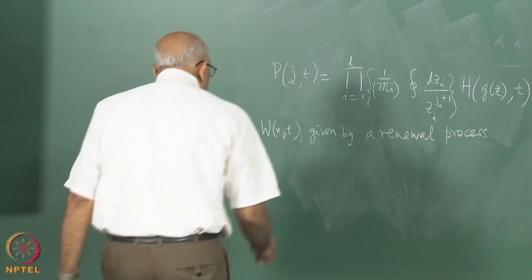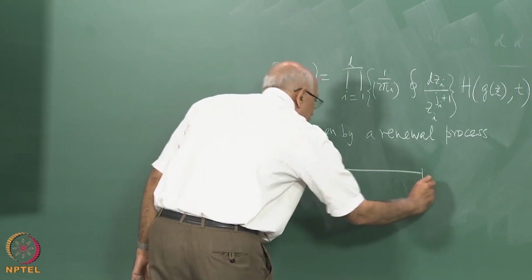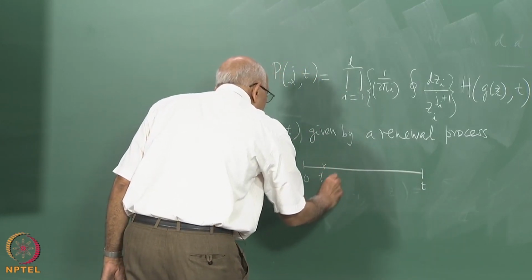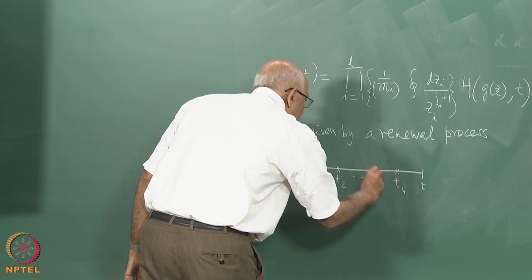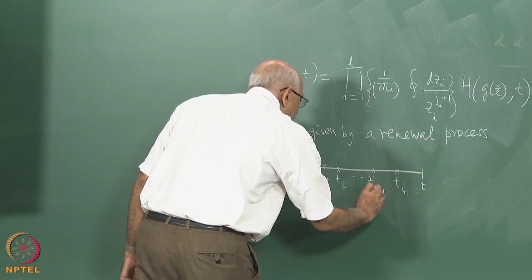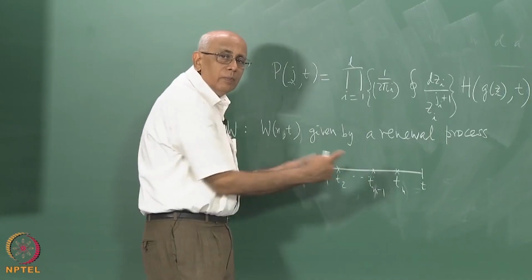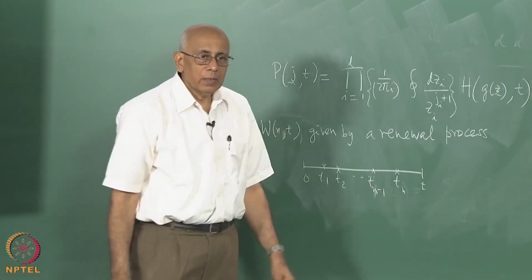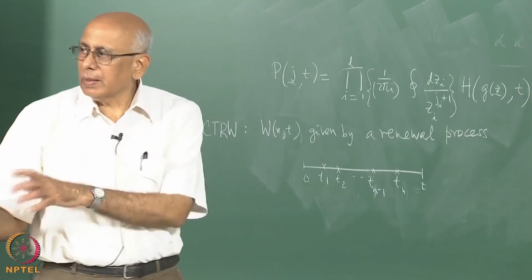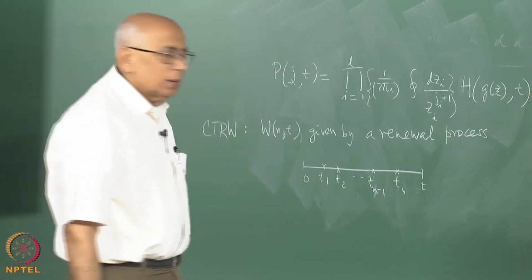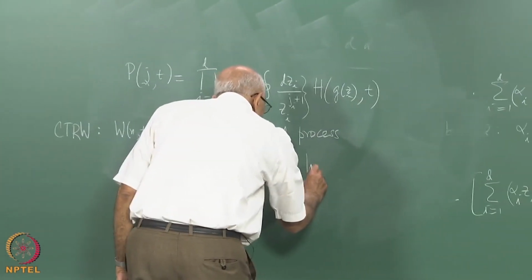So the idea is that if you give me time 0 and t, the first jump may occur here, the second may occur here, tn minus 1 and so on. This interval between successive jumps is given by specifying a waiting time density, which is the same for all the intervals. Okay. So we introduce a waiting time or holding time density,